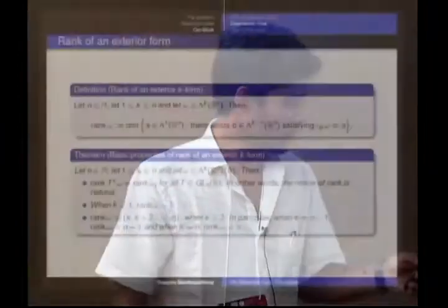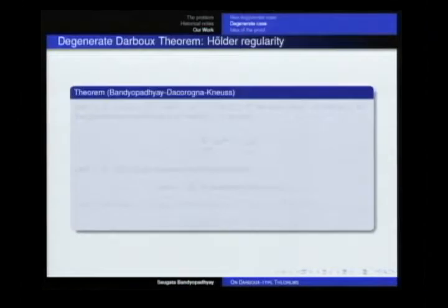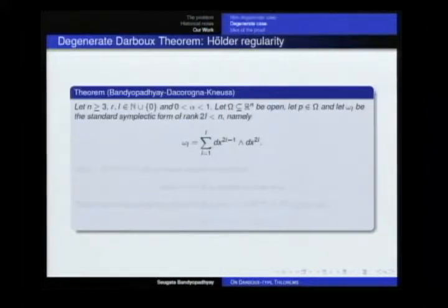Okay, we are now ready for some results in the degenerate case. So we start with again the good old Darboux theorem. Now L will stand for the rank, and alpha is the Holder exponent. P is an element of the domain, and omega L is a standard symplectic form of rank 2L. This is not the way a standard symplectic form is normally written, but it really doesn't change the discussion. Let F be a closed 2 form of regularity C^{r,alpha}, and the rank of F is 2L